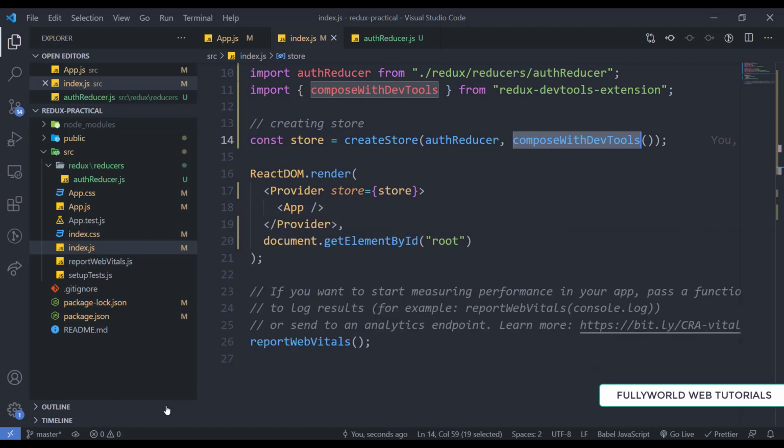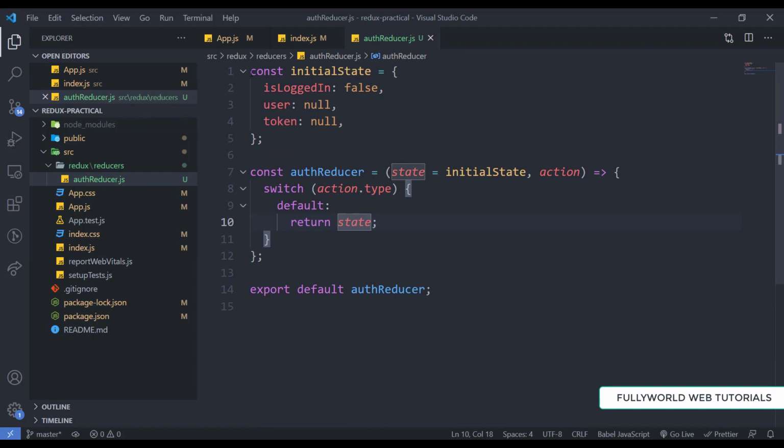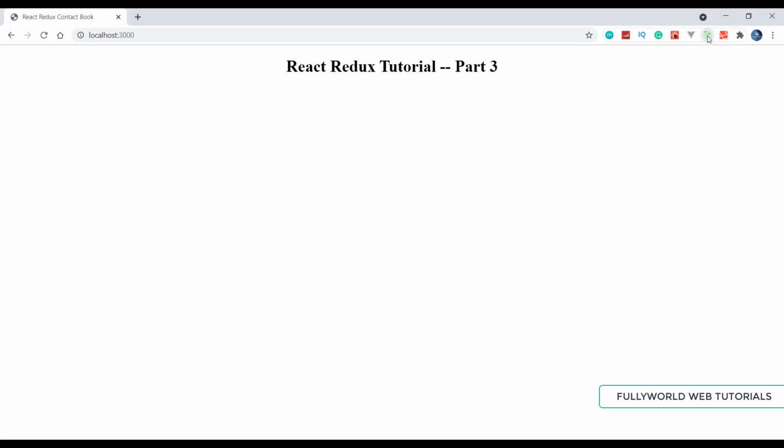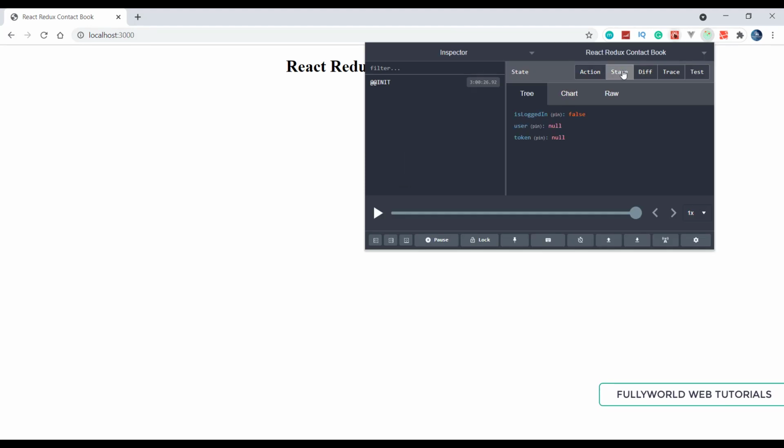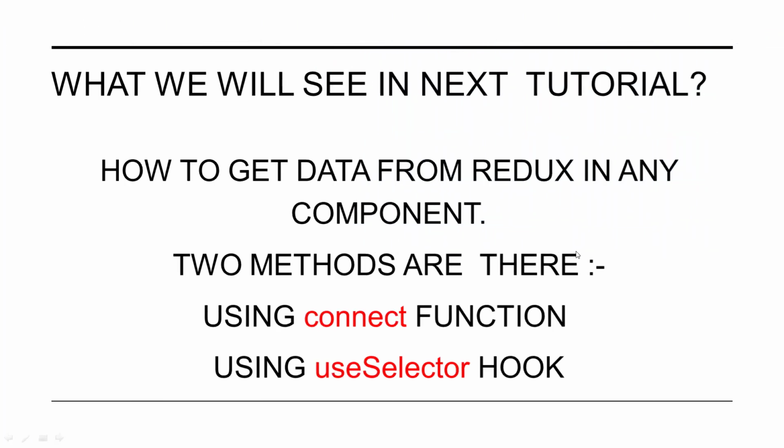So now let's see if we are getting this initial state or not. Here this is our extension, and this is our state. See that we are getting our default state. So this means we have successfully set up our Redux now.